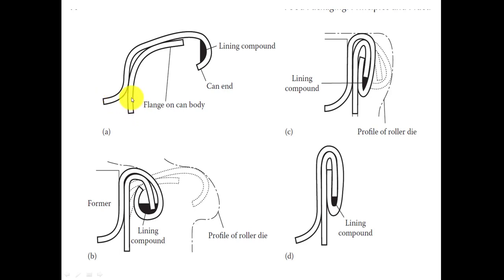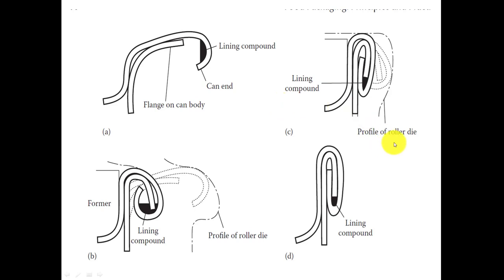There are two lines. This is the one line, okay, and this is the flanged part of the can. Fine, and this is the curled part of the can end. Let me say it as lid so that it will be non-confusing. So these are the two seats. One seat belongs to the metal can, and the top seat belongs to the lid. Fine. It has a lining compound here.